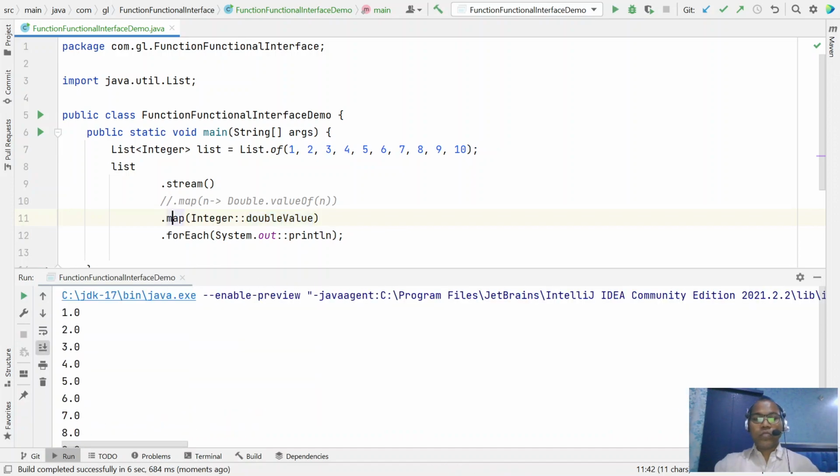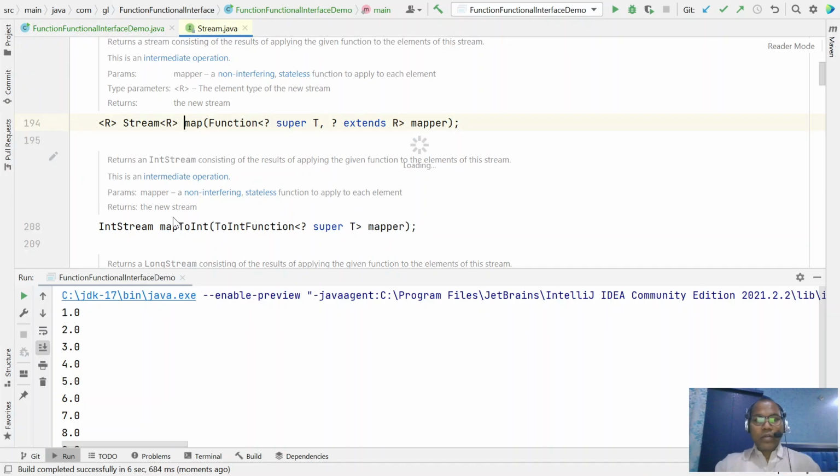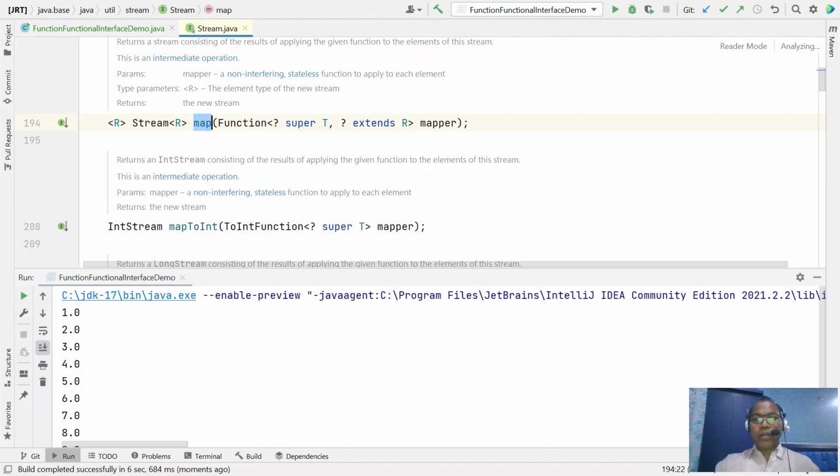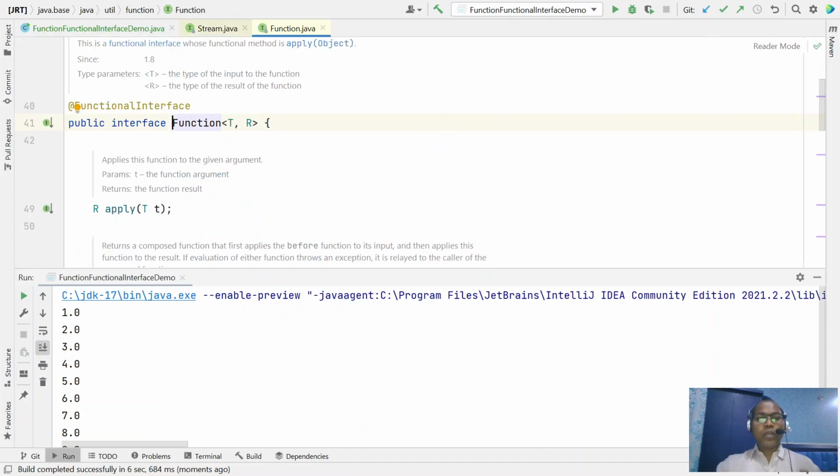If you look at the input of the map method, it expects one Function mapper object. What is Function? Function is an interface. This interface has defined one method, apply, that takes one input type argument and returns an R type value.